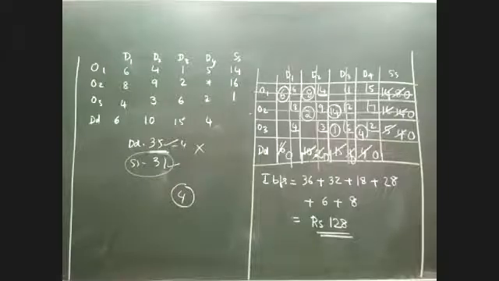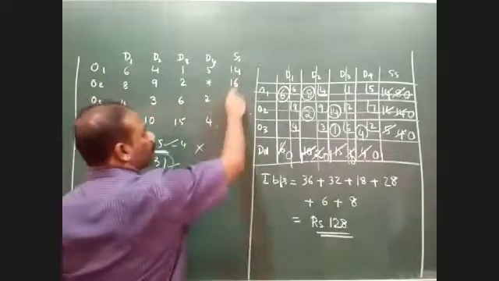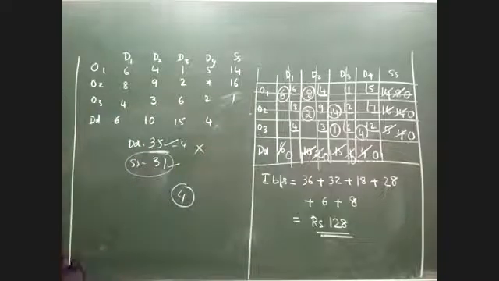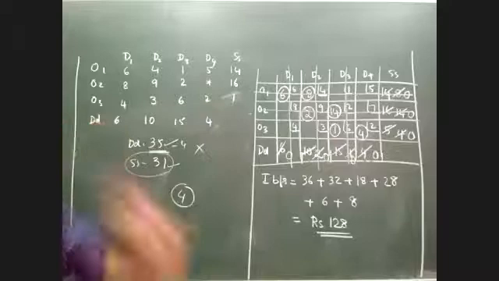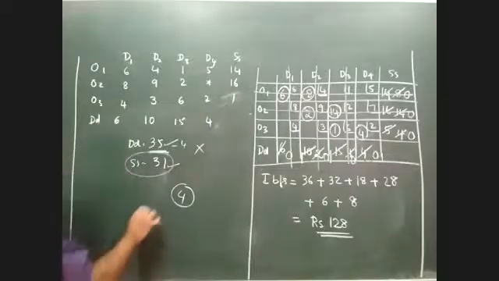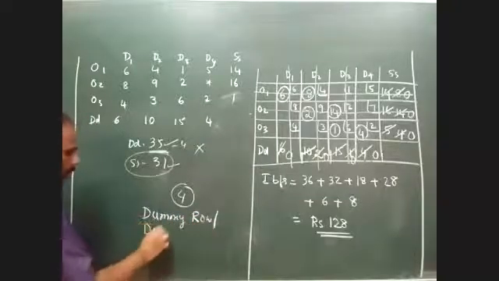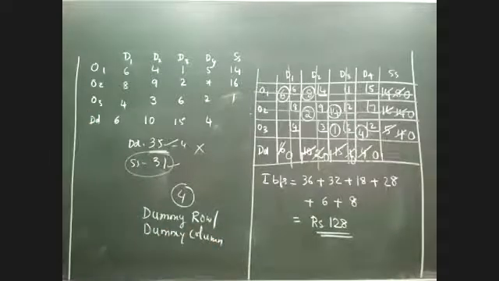Now, where do we add 4? I cannot simply add 4 randomly wherever I want. I cannot simply make this 1/5 and make it balanced. It's not permitted. Whenever you are adding that extra value to make it balanced, I am supposed to introduce something called a dummy row or dummy column. By introducing this, the value has to be balanced. Now the question is, when are we supposed to introduce a dummy row and when a dummy column? That's the next question.